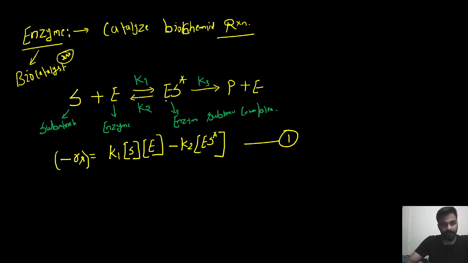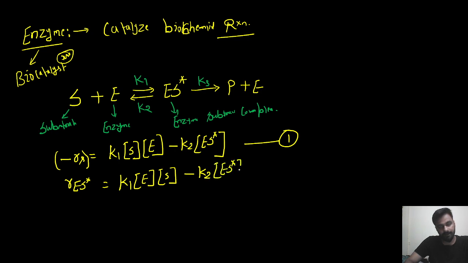Next, if I try to write the rate with respect to ES star, that equals what? I am writing for the formation, because this is plus, so that equals K1 concentration of E, concentration of S, and it's getting dissociated by two reactions, that is this reaction and this reaction, right? So minus K2 concentration of ES star and minus K3 concentration of ES star, and here there will be a